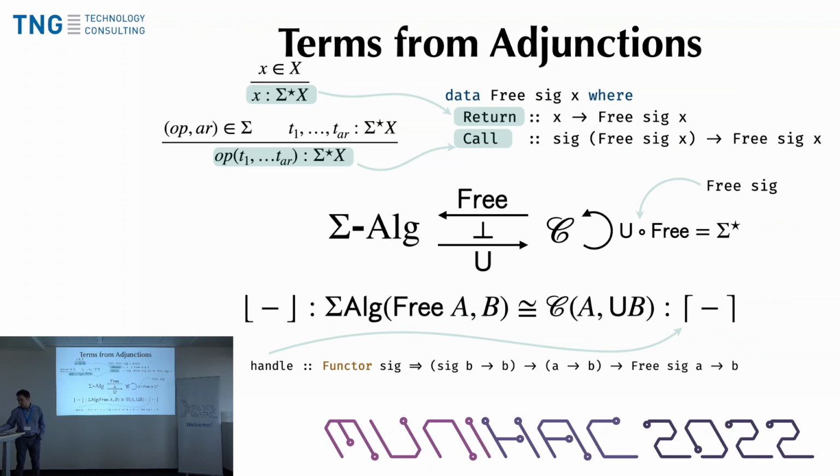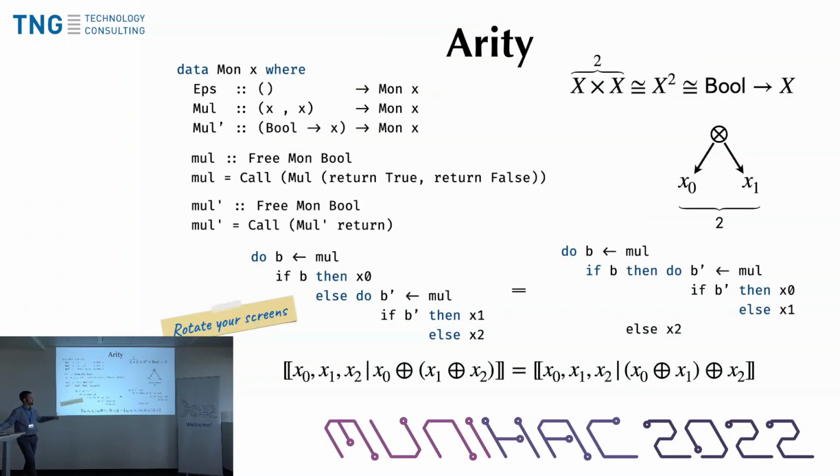Okay, we're nearly through the theory section. I just wanted to point out that all of this is well founded in something called adjunctions, which tells you about uniqueness of the handle function. So we know that's well defined, but I'm just going to gloss over this for now. And in the interest of time, I do want to talk about this. So when I said you can have nearly any syntactic functor sigma,